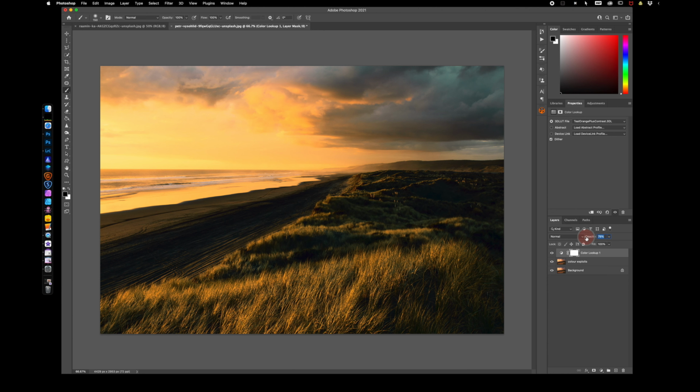I'm going to take the opacity of this down a bit. I would normally put these into a different blend mode, but I wanted to make it a little bit more obvious, so I'm just going to do that. And now I'm going to go back to our colour exploits, and I'm going to grab the dodge tool. So dodge lightens things, bring the exposure down a little bit, leave it on mid-tones. I'm going to use this just to lighten the peaks